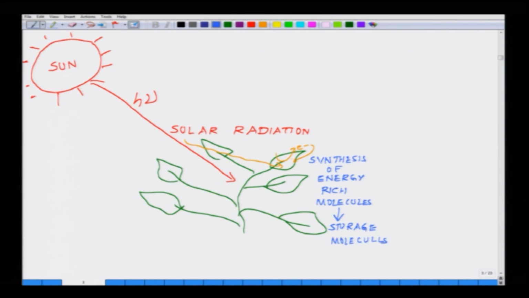As I was telling you, these plants are eventually consumed by the animals, and again these animals are consumed by higher animals, and eventually